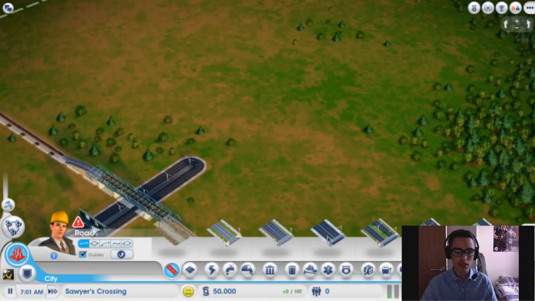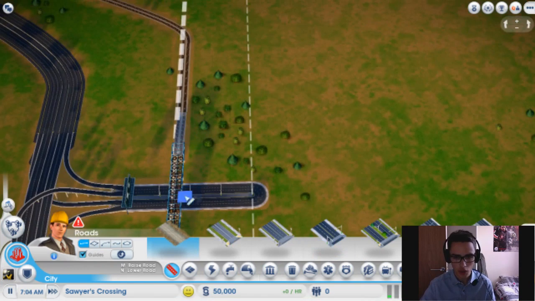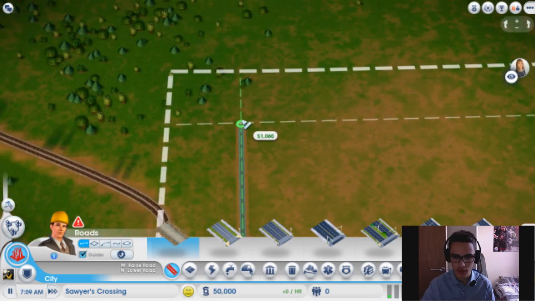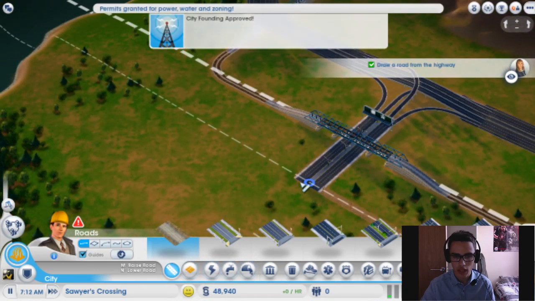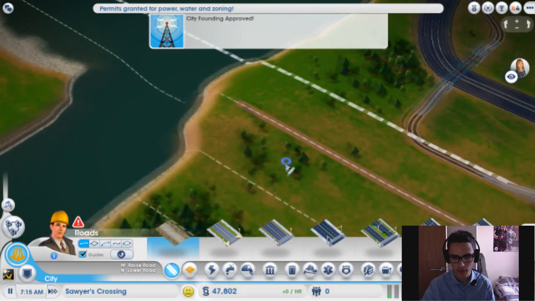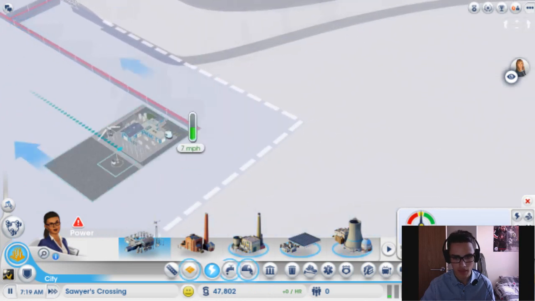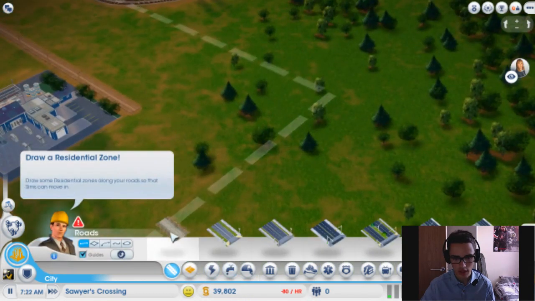So the first thing we have to do is connect our city to the region. I'll draw along here just so we always have access to a train track if we need it. And along here as well. Awesome. So let's plop in a power plant. I'm going to pop that down here. And I'm going to put the water, if I extend that a little bit,